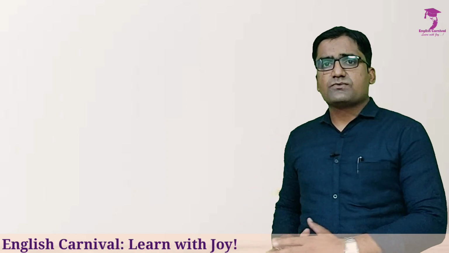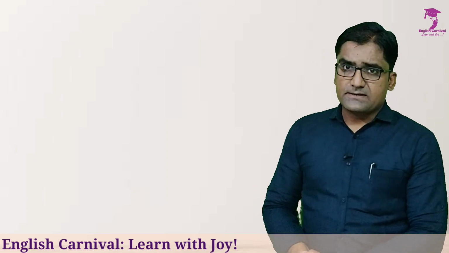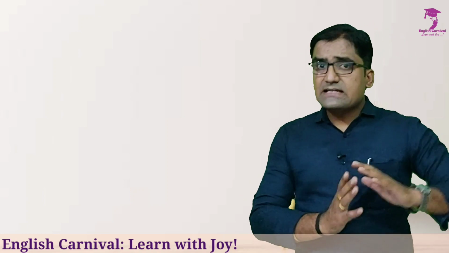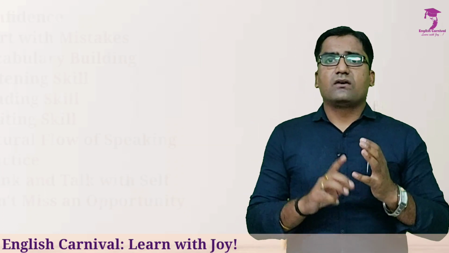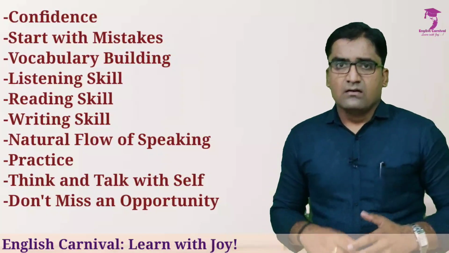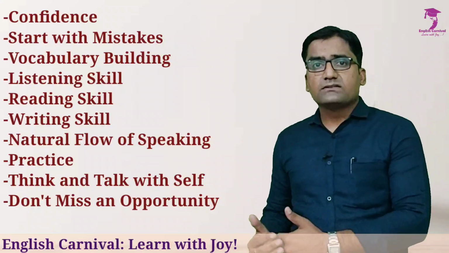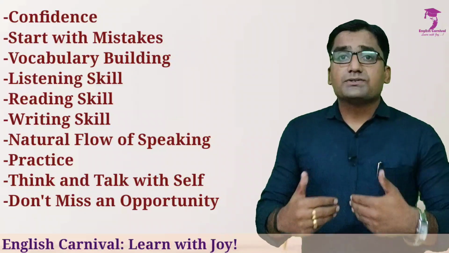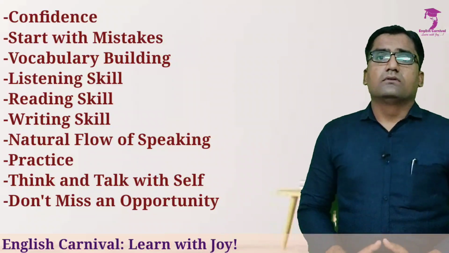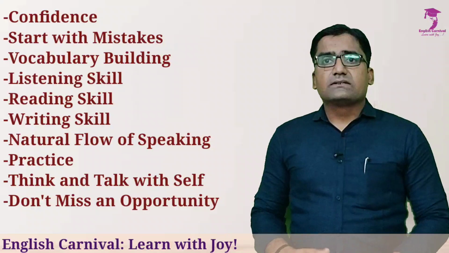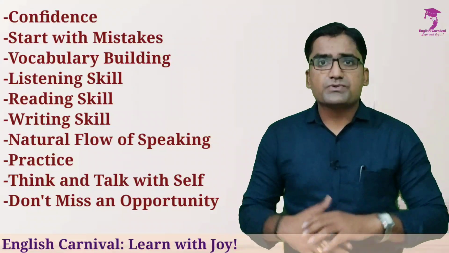Friends, grammar or the knowledge and acquaintance with some primary elements of grammar like parts of speech, tense, verb formation, types of verb, it comes at prime place. But friends, besides this, we are going to see the 10 to 12 typical elements like confidence, how mistakes are welcome, vocabulary building, listening skill, reading skill, writing skill, how natural flow of speaking should be maintained, or how it is important, then practice, then think and dialogues with ourselves or self, and how we are supposed to grab the